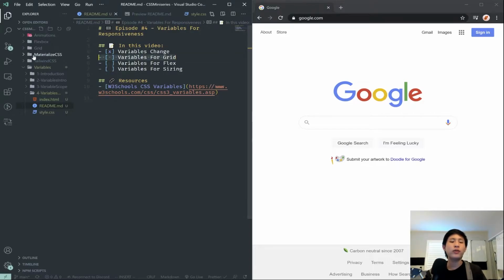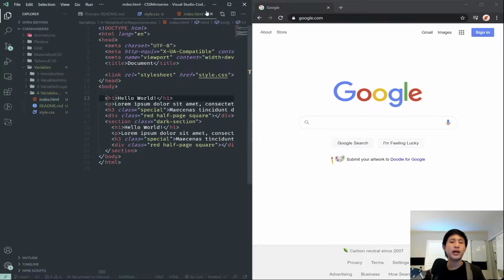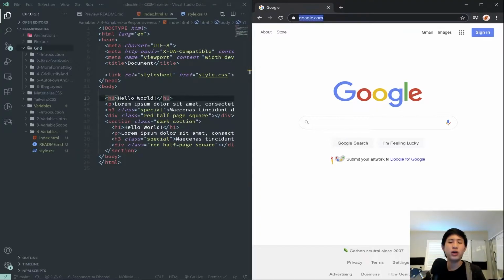One of the first examples that comes to mind is using variables to supercharge a grid styling. The first thing I'm going to do is come over to our grid code. Remember, if you ever want to see any of this code, it is on the link in the description that says all the code in my videos. It'll take you to